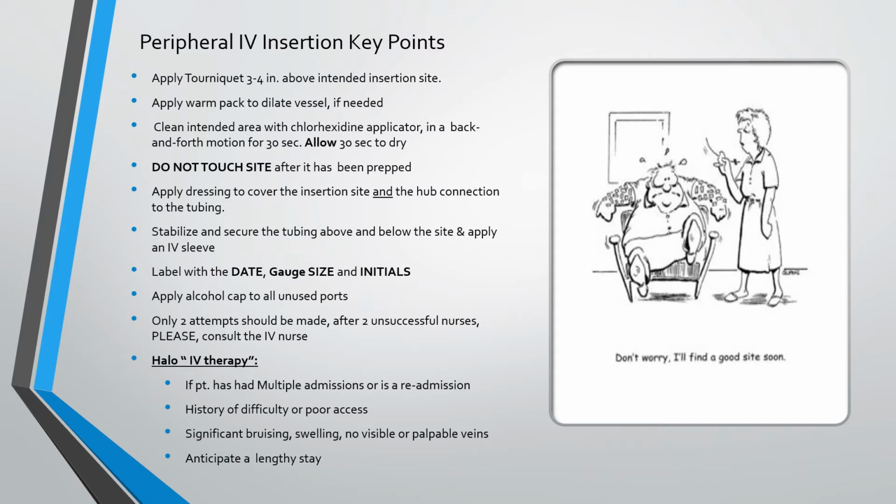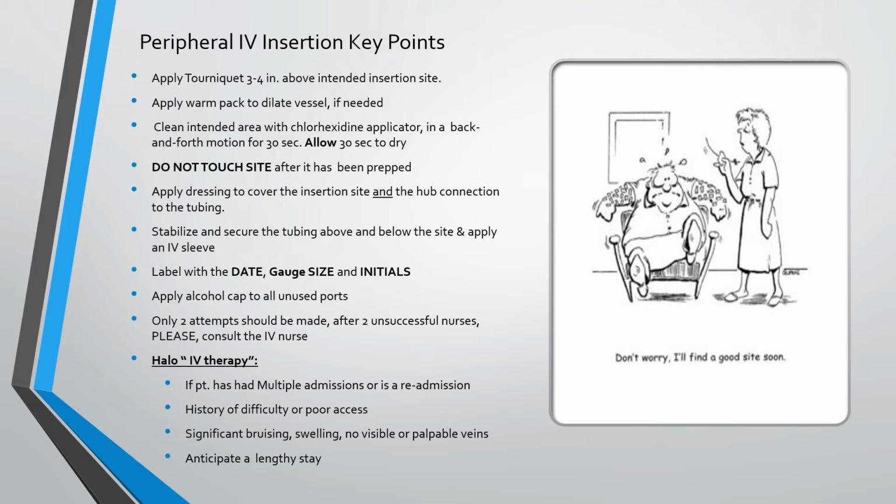Key points for peripheral IV insertion. Apply your tourniquet 3 to 4 inches above your intended insertion site. Apply a warm pack to dilate the vessel if necessary. Clean your intended area with a chlorhexidine applicator in a back and forth motion for 30 seconds, allowing 30 seconds to